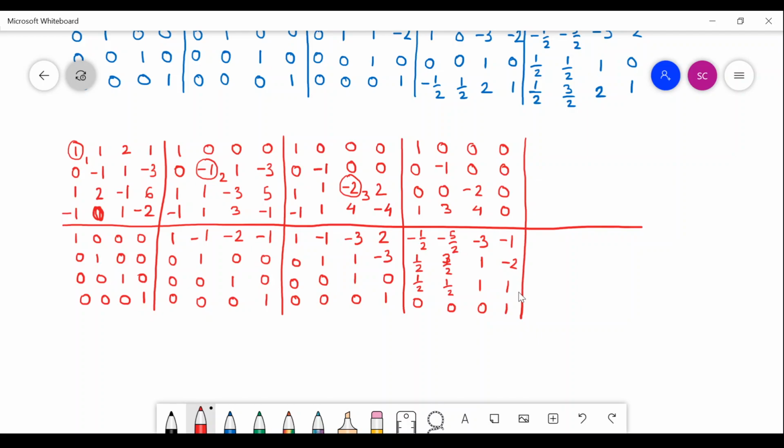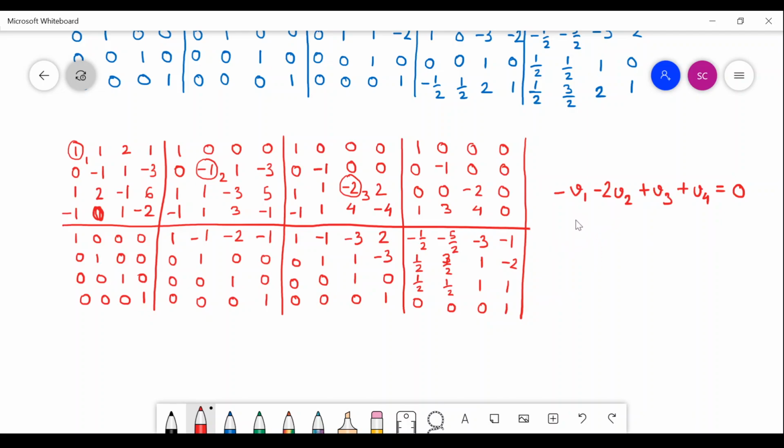The operation ends here because there is no more pivot element to choose. The only option was this one, but it is already 0, so no further pivot element to be chosen. So now you see it is also revealed that the relationship between the vectors is minus v1 minus 2v2 plus v3 plus v4 equals 0. So this is the dependency relationship.